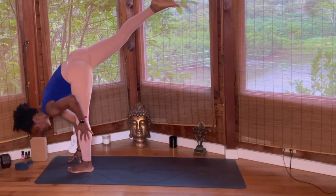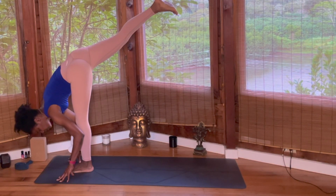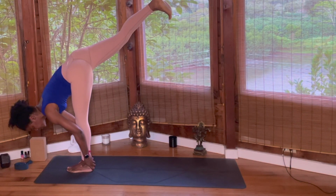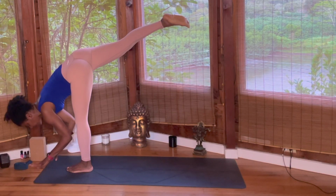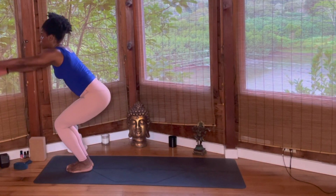Again, allowing your shoulders to square here. Allowing your right leg to lift as high as you can. Maybe you walk the hands to your left heel and reach and catch. If you fall, remember you can always come back in. Exhale, bring the right leg to meet with the left. Inhale, bend the knee and rise up into chair pose